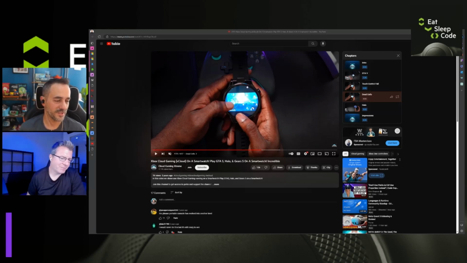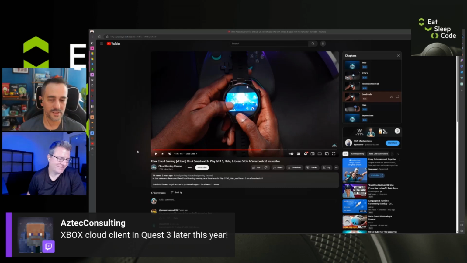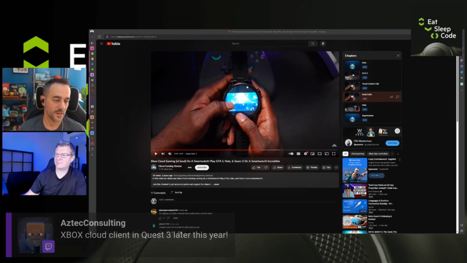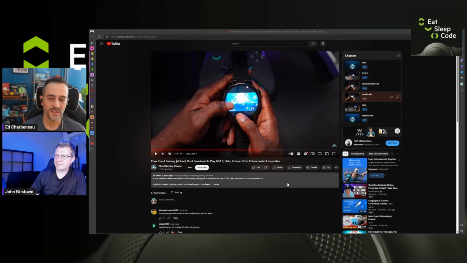Xbox Consulting says the Xbox client works on Quest now, which is really cool. So later this year. Anything that you see him doing on this watch, you can do in your VR headset. You connect the controller to your VR headset, install the Xbox Game Pass Xbox Cloud app with your Game Pass on it, and any games that they have in the cloud that are streamable, you can play on the VR headset in